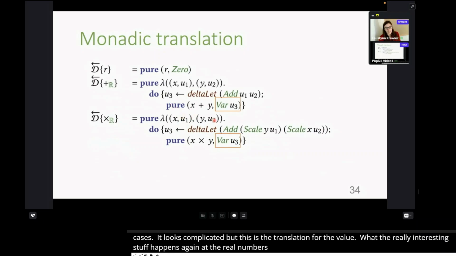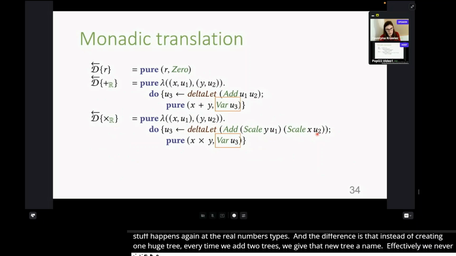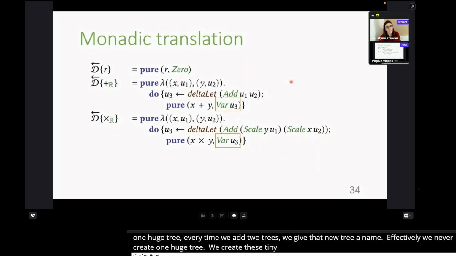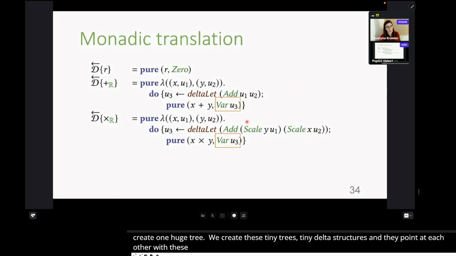And the difference is that instead of creating one huge tree, every time when we, for instance, add two trees, we give that new tree a name. So effectively, we never create one huge tree. We create these tiny delta structures, and they point at each other with these let bindings. And then we preserve information about sharing.